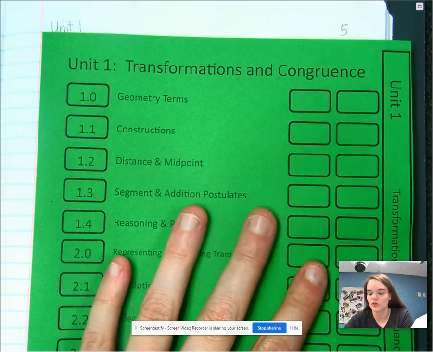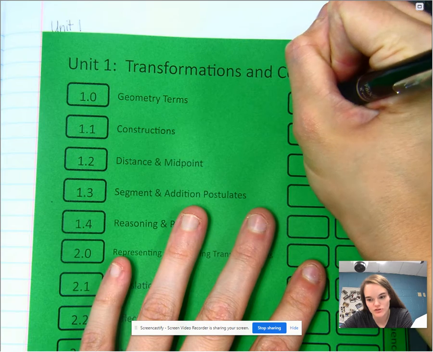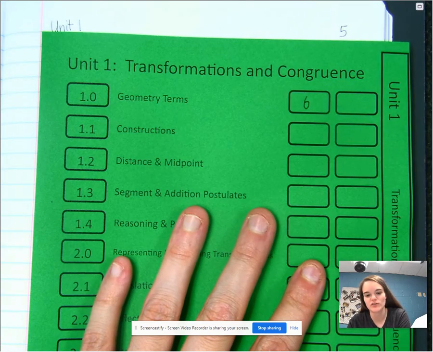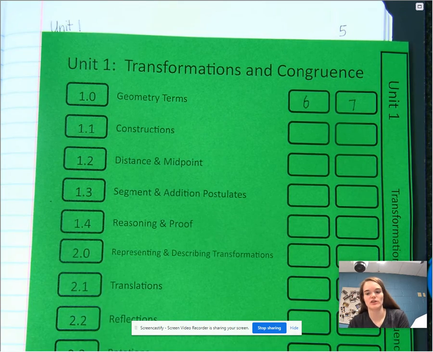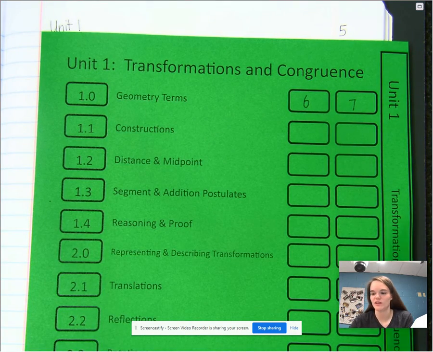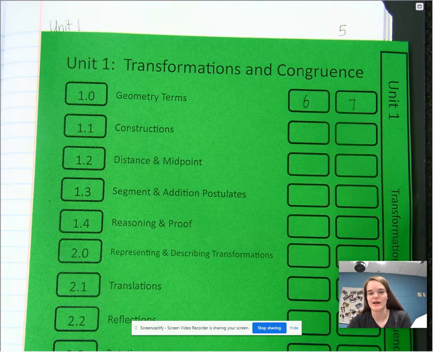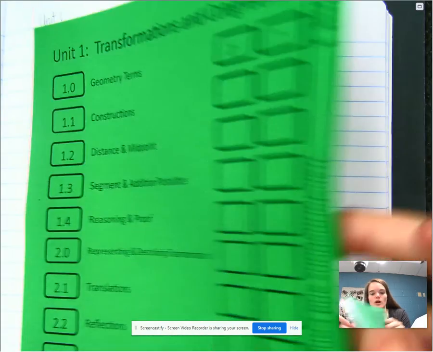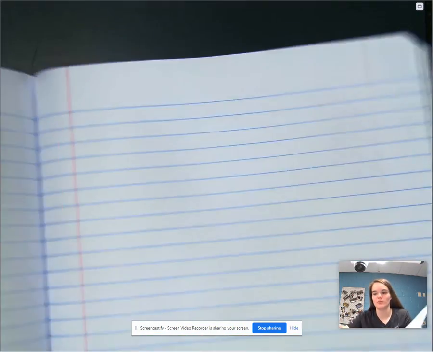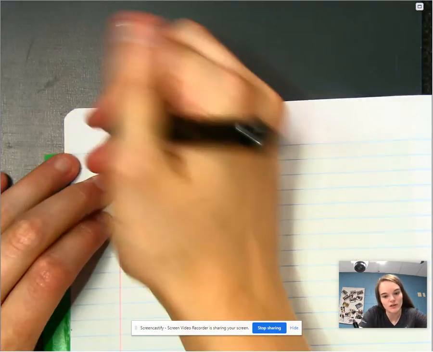This is going to start on page 6, and this is what this tab is actually for. It starts on page 6 and is going to end on 7. You won't always know which one it's going to end on until we get to the end of it, but I would like for you to keep up with your tab. After this, I will forget to ever tell you to keep up with your tab. So page 6 is going to be 1.0 geometry terms, as well as 7. So I'm going to label it page 6,